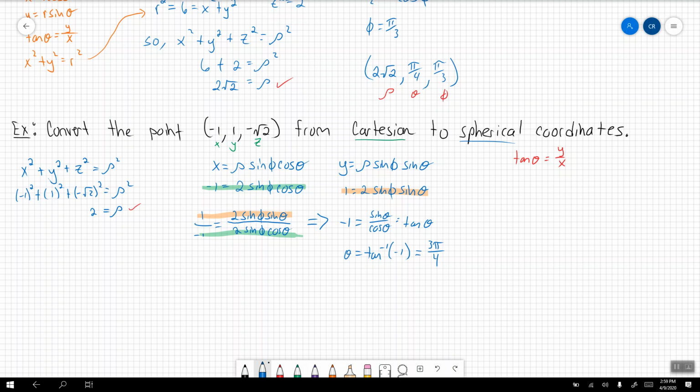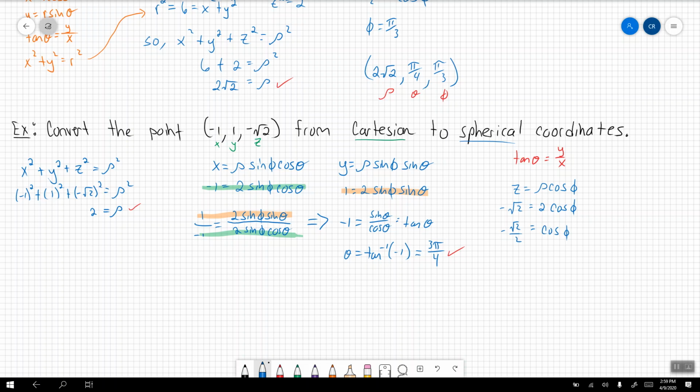All right, so now that we have theta, great. We have rho, we have theta, now we need phi. The way that we can get phi is by going to our z-coordinate. The z-coordinate is going to be rho times cosine of phi. Z is -√2. Rho, as we found out, was 2, and this is cosine of phi. Divide. So at which angle does cosine of phi get us